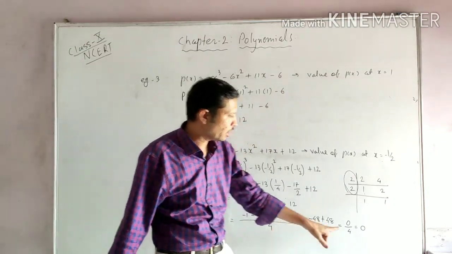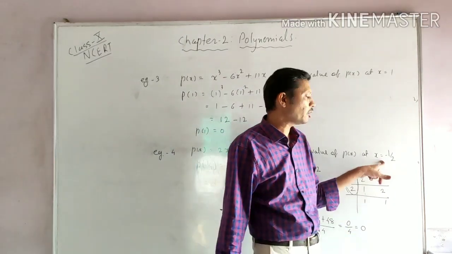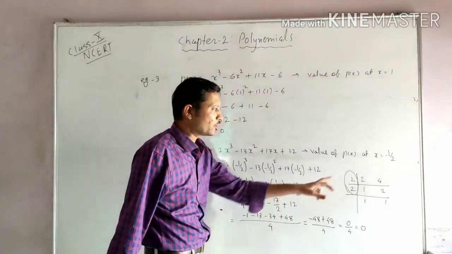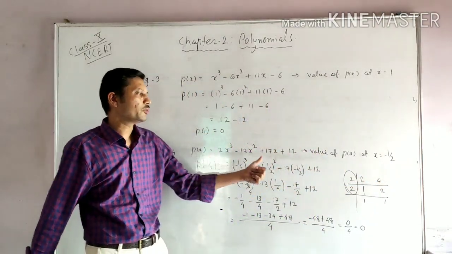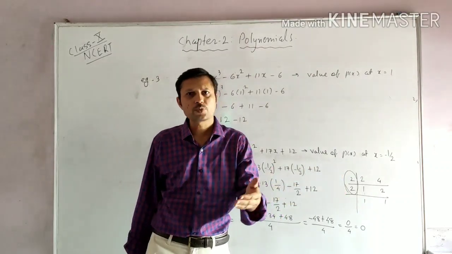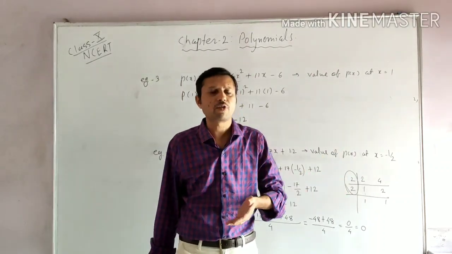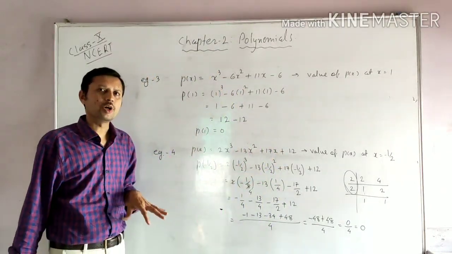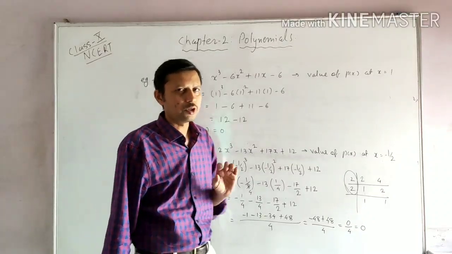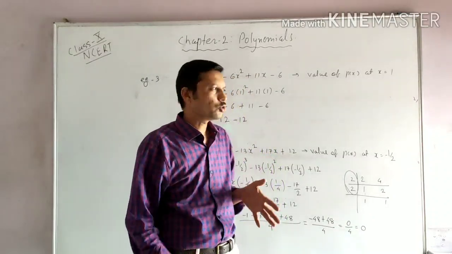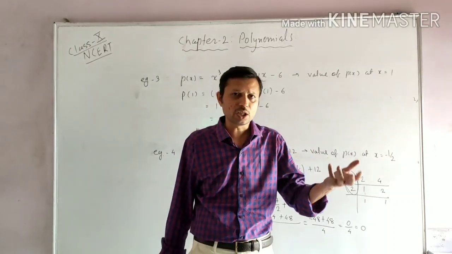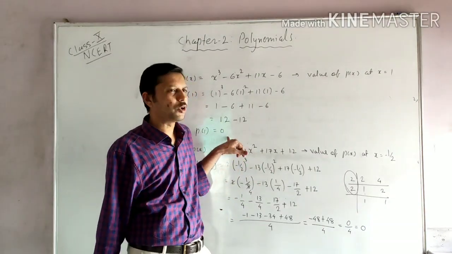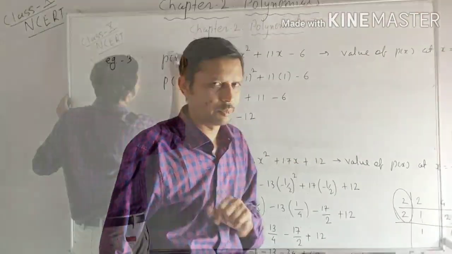Same way here, we again get the value of the polynomial as 0 by replacing x with minus 1 by 2. So minus 1 by 2 is also a zero of this polynomial. The zero of a polynomial can be derived from the value of the polynomial. Another way is there, but first we have to understand what the zero of the polynomial is. So in your polynomial, for whatever real number we replace in the polynomial, if we get the value of the polynomial as 0, that is called the zero of the polynomial.